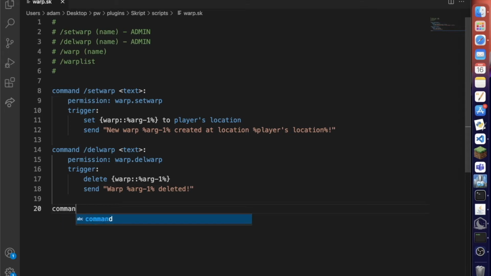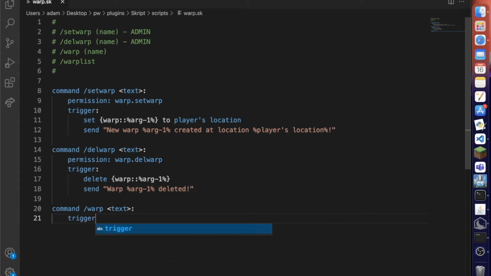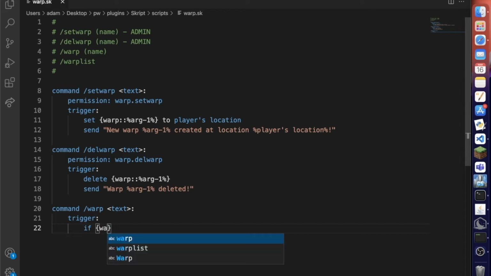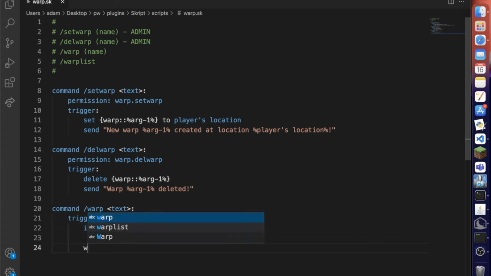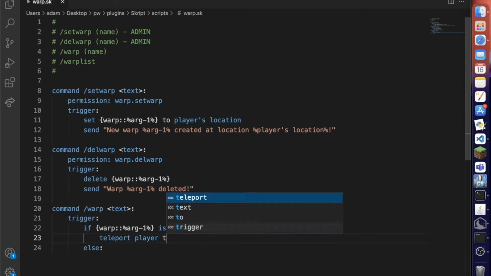So now for our warp command, we also want a text argument here so we can specify what warp. We don't want any permission. Obviously you can add a permission, but anyone on the server is going to be able to use the command, so we don't need to add permission. Trigger. And because players are actually going to be using this command, we do want to add a condition. If warp arg1 is set, and then else, so we'll just use that else after, teleport player to warp